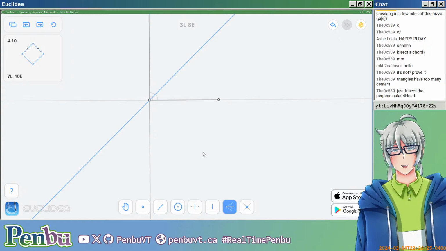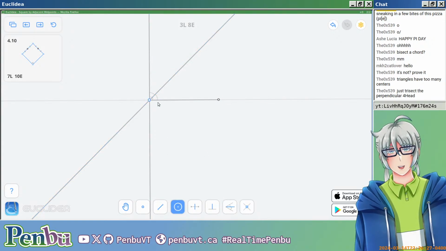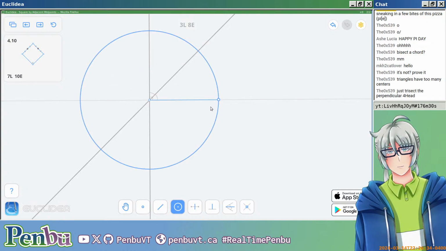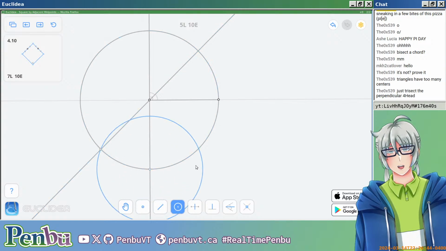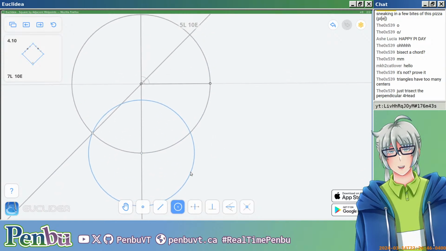Or bisect the angle for the line. And then we do this. And then now we know that this has to be another midpoint. Means this here is what we're looking at, and then this line here